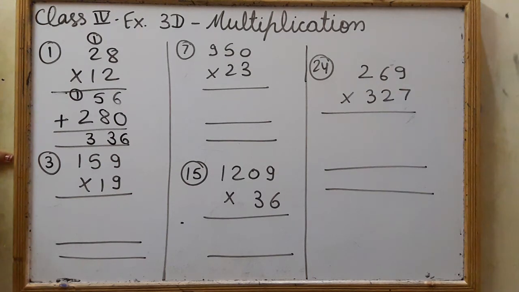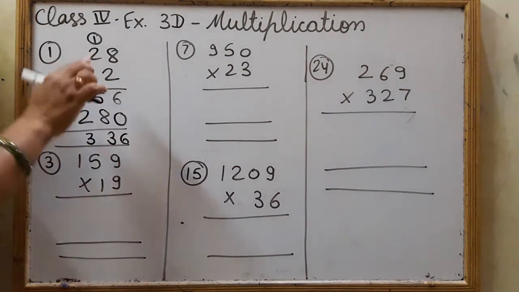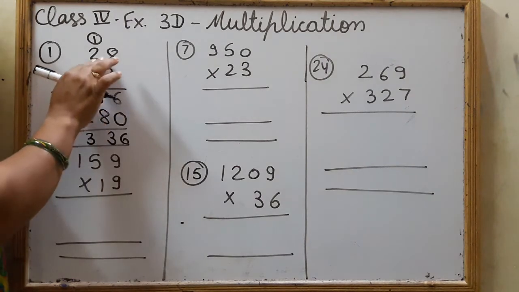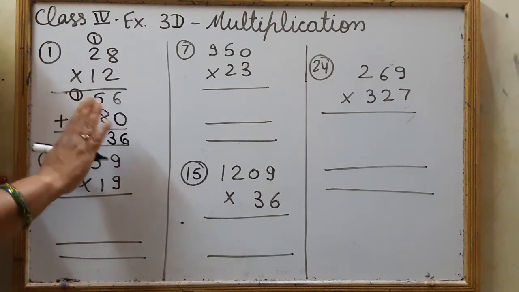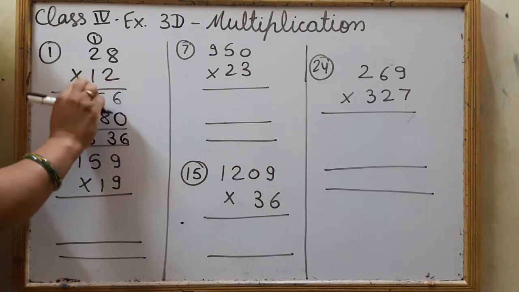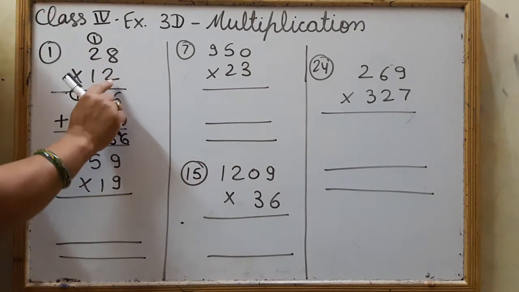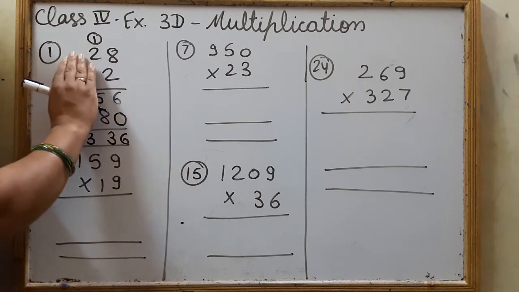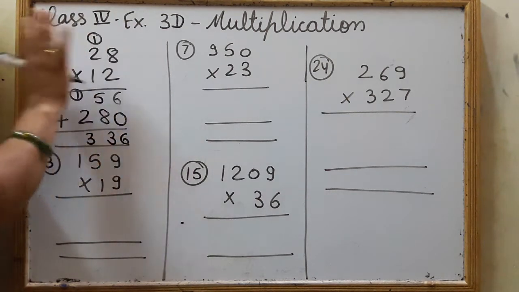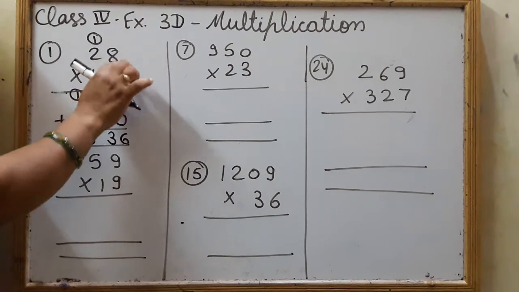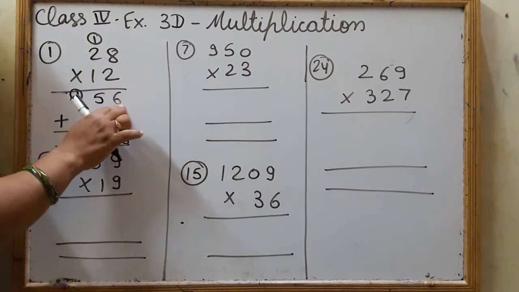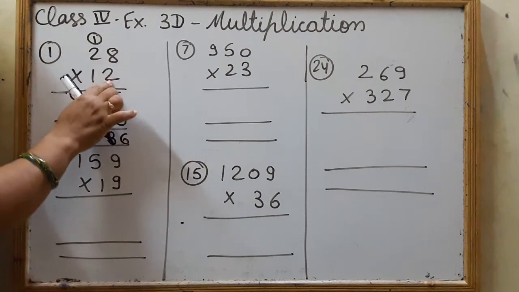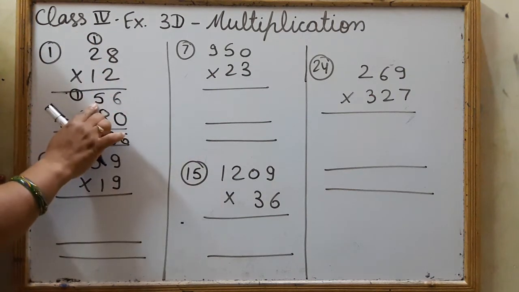How have we done it? Once again I am revising, understand it nicely. See, there are 2 digits to multiply, but we will not multiply together, we will multiply one by one. Firstly we will multiply by the first digit, the ones number. We will forget about the tens number and just multiply simply as we are doing with 2. 2 8s are 16, 6 here and 1 here for carry, 2 2s are 4 plus 1 is 5.